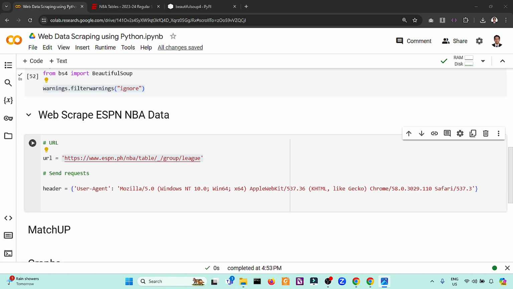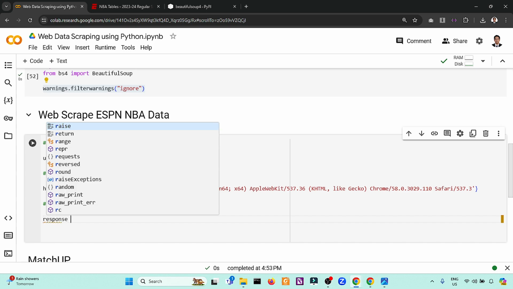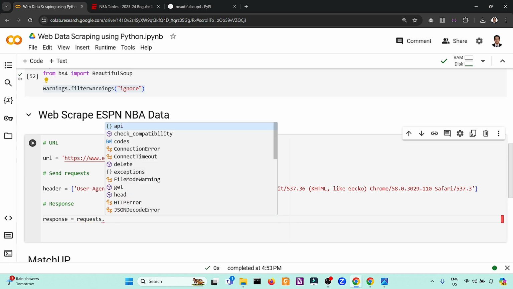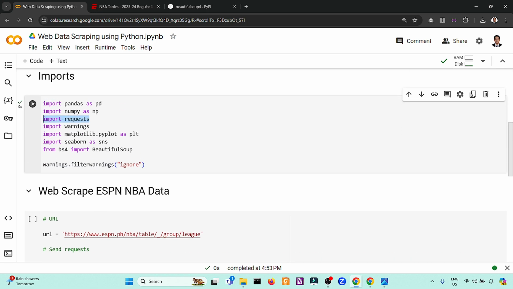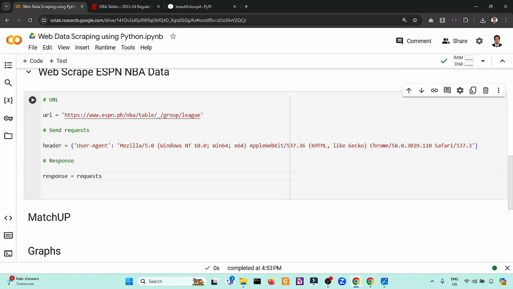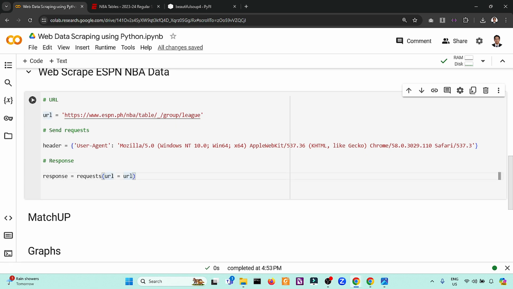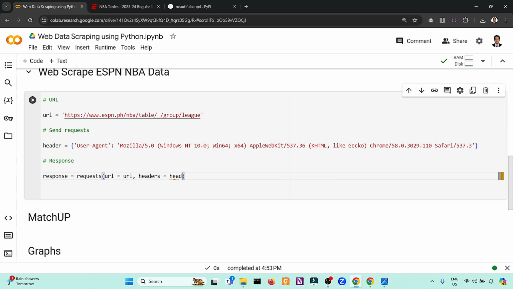The next step after the header is we need a specific response. So let's see, response. The response is equivalent to our request, which is the imported requests library from above, and we're requesting this specific URL, again with the specific headers. So headers equals headers.